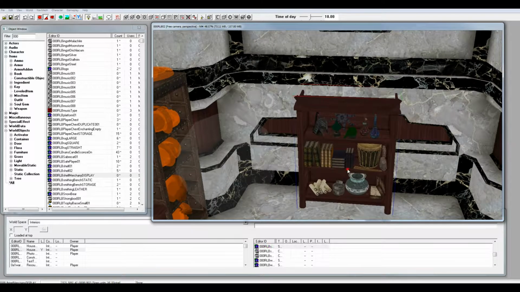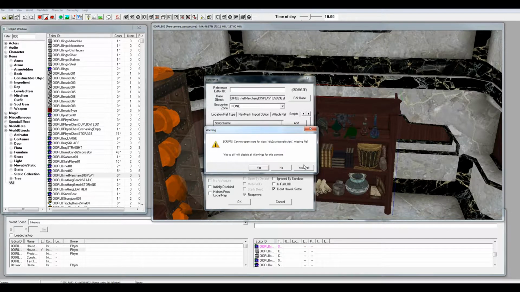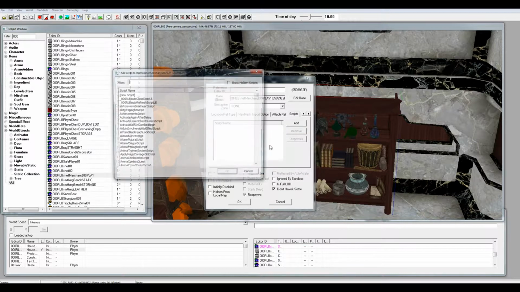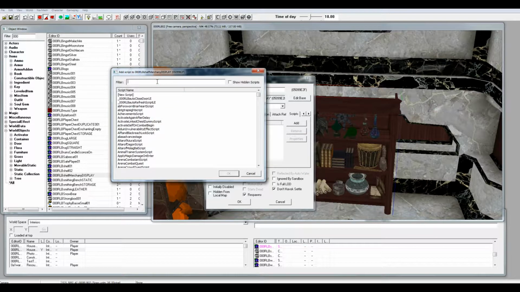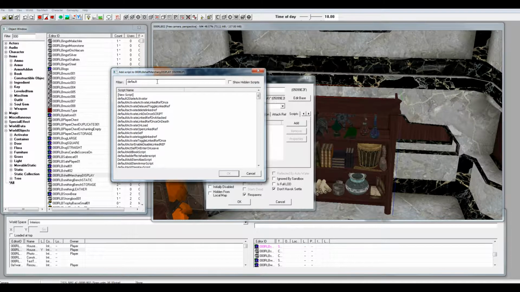Now what I want to do is double click on that. I want to put don't havoc settle, but I also want to add a script to this, because if you don't, sometimes stuff will fall over. So click add on your scripts. You'll probably get this, just yes to all. That'll come up, and in this, type in default disable, and you want default disable havoc on load,